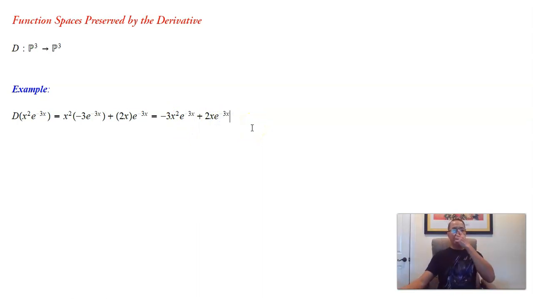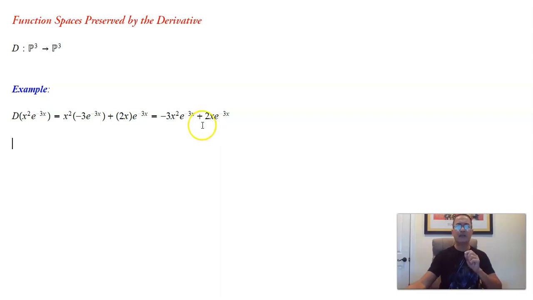Okay, now where are we going with this? Well, we started with x squared e to the minus 3x, and if I have this function in my function space, then by closure, I also have negative 3 times that function. But do I have this other function? Maybe, maybe not. Okay, so what we're going to do is we're going to include this second function in our